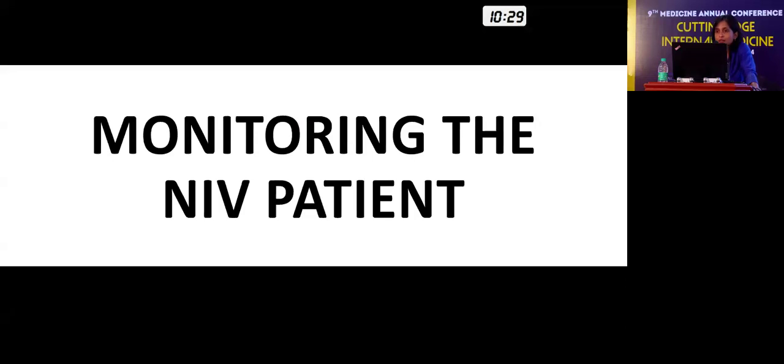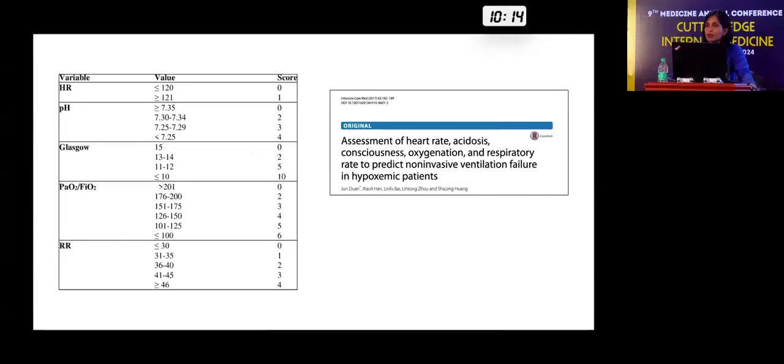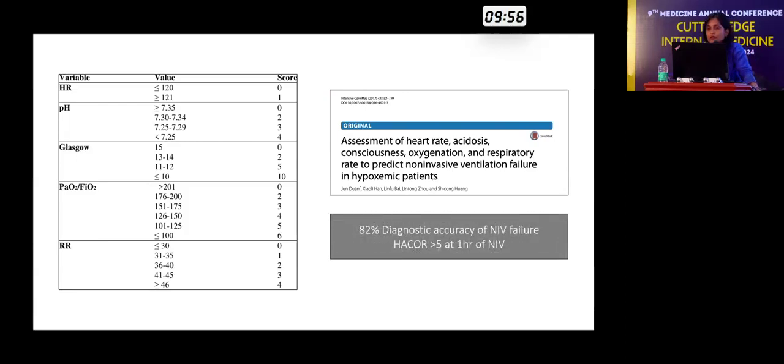When you're monitoring the NIV patient, what do you do? Very similar to the HFNC, you are monitoring the patient clinically, like the ROX index, which I mentioned earlier. So ROX, what did I say? If a ROX is more than 5, it's a good sign. If it's less than 5, it's a bad sign. Likewise, there's the Chacko score for NIV use. And here also you need to remember the number 5. But here, a score more than 5 is bad. This includes the heart rate, acidosis, consciousness, oxygenation, and respiratory rate. And if a Chacko score is more than 5 at 1 hour of NIV, there's an 82% diagnostic accuracy